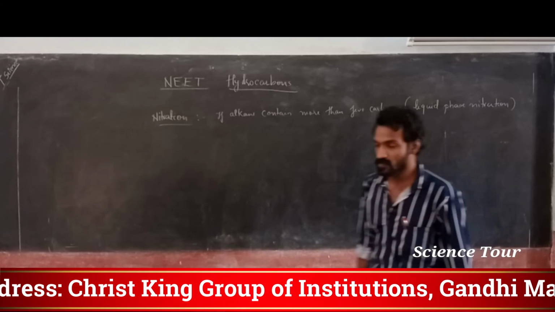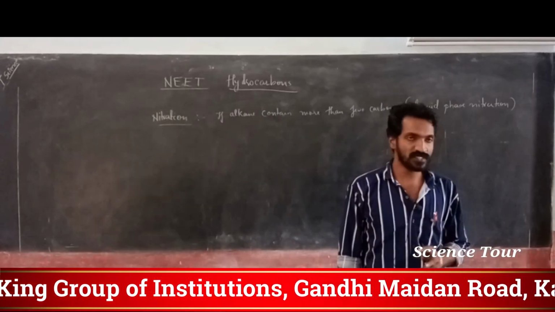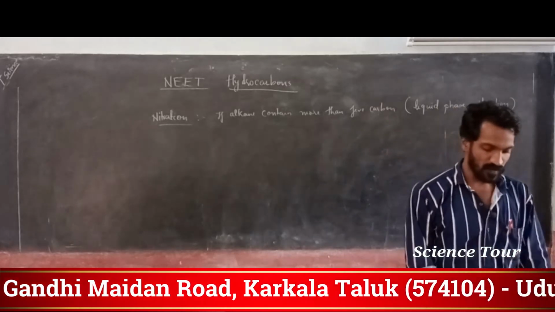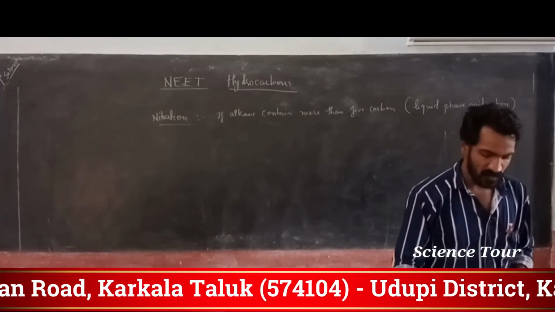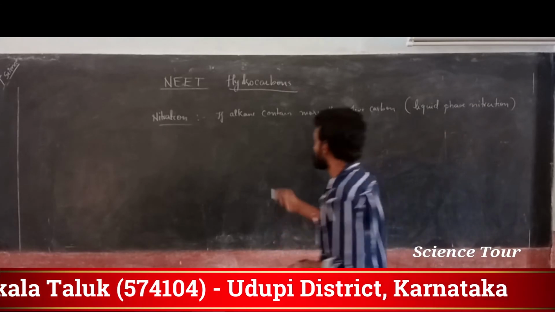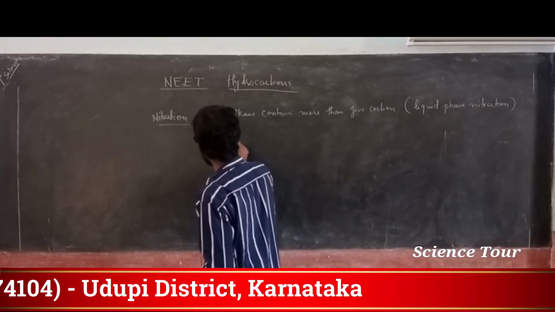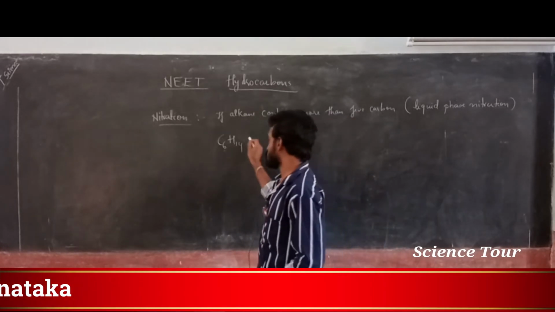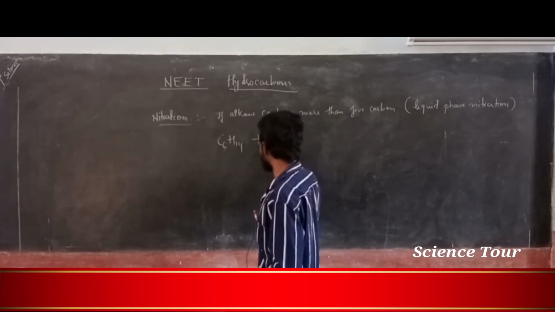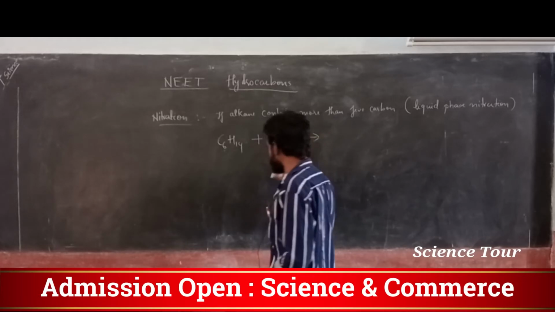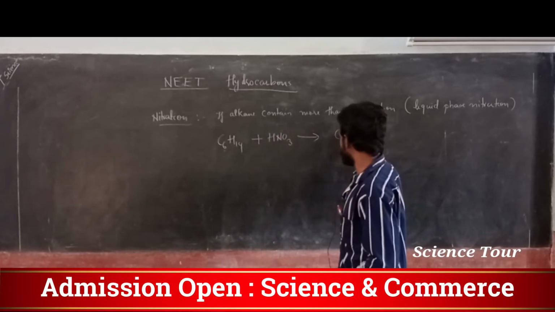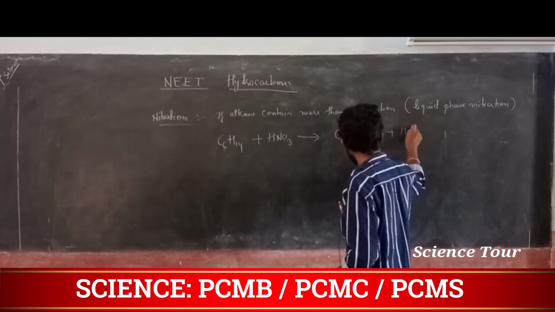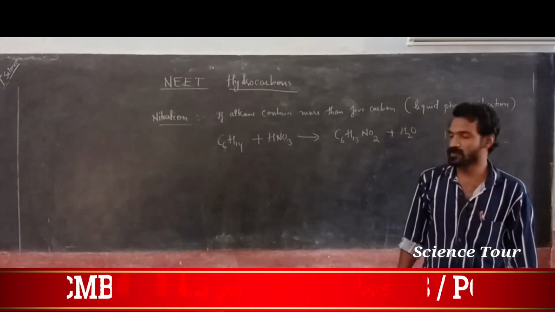Okay, my dear students, note down. How is this nitration carried out? I will give you one example. Here you are given C6H14, that means more than 5 carbon, an alkane, understood? C6H14 treated with HNO3, nitric acid, gives C6H13NO2 plus H2O. This is the product formed.